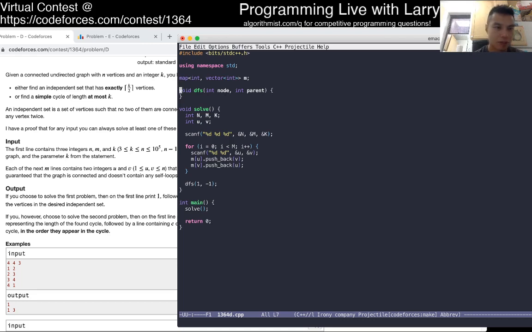Let's just use depth-first search to greedily color two things, and then either they are an independent set or they are not.